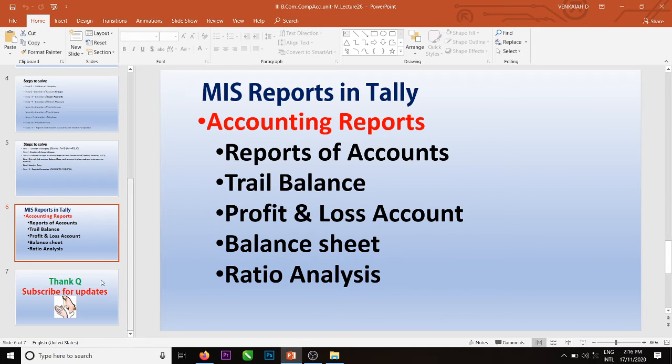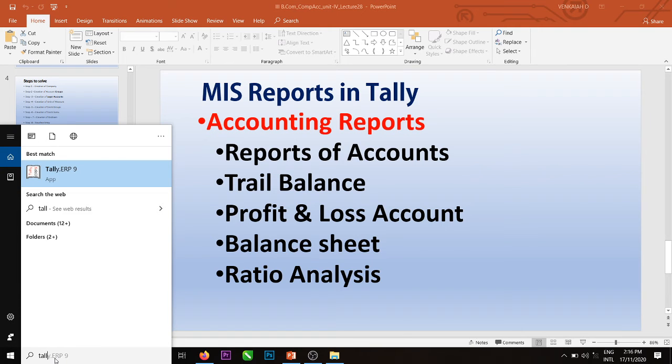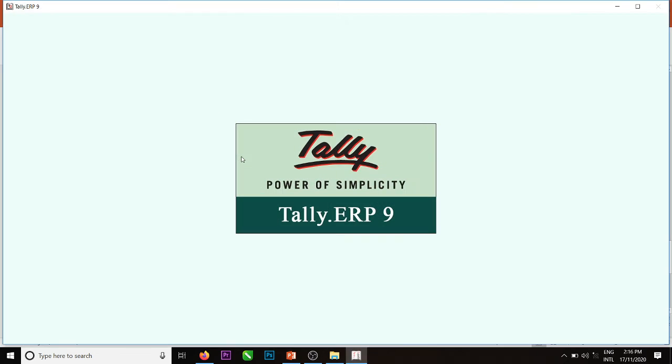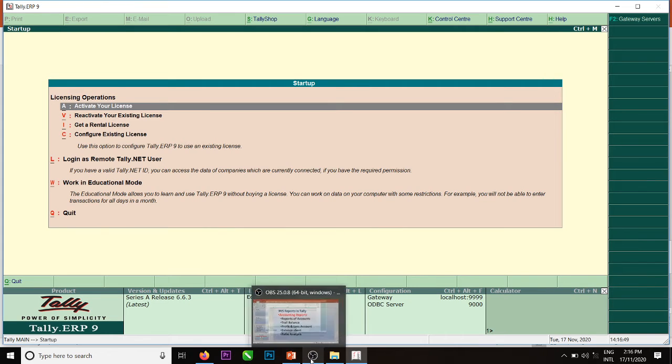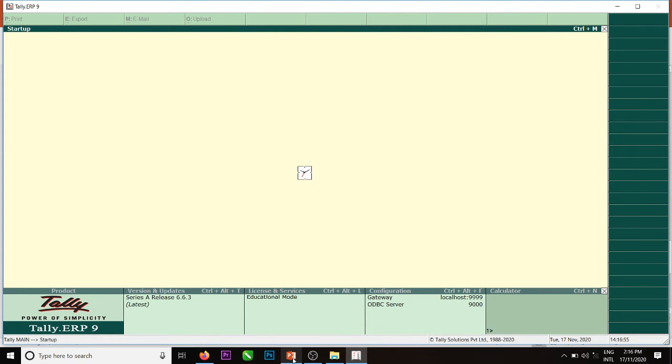We will open Tally. We keep the PPT as well as Tally side by side. Education version.